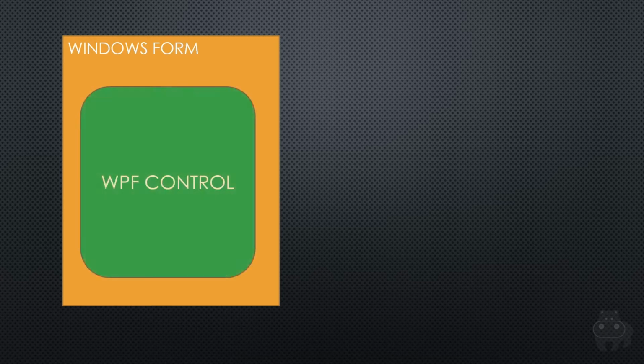In this section, we will see how the interoperability between Windows Form and WPF works. Let's say you have a Windows form, and you have now developed a user control in WPF, which is a totally different architecture. But somehow you want this WPF control to be shown inside your Windows form. For this purpose, Windows Forms provides a control that supports this, called ElementHost. So whenever you want to show a WPF control inside a Windows form, you use a container called ElementHost.